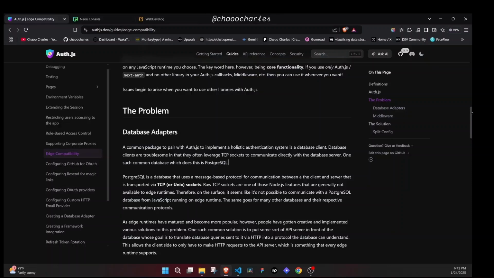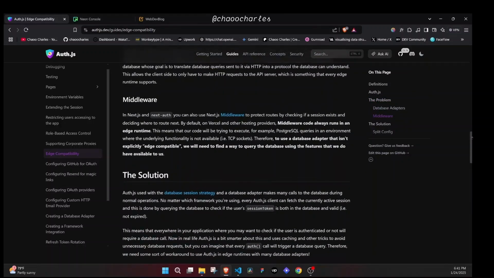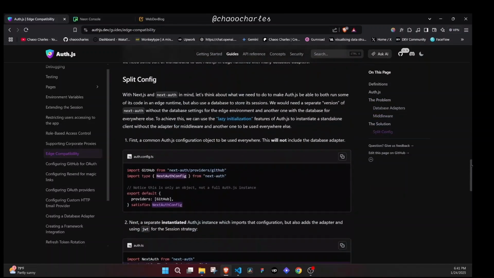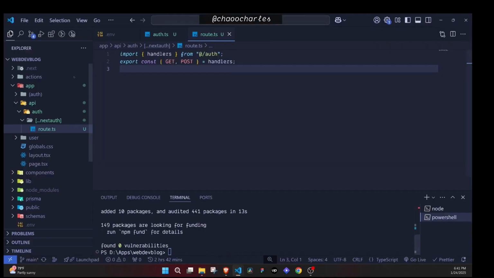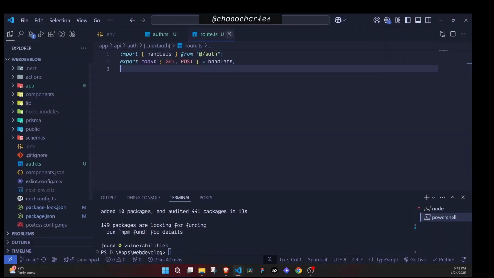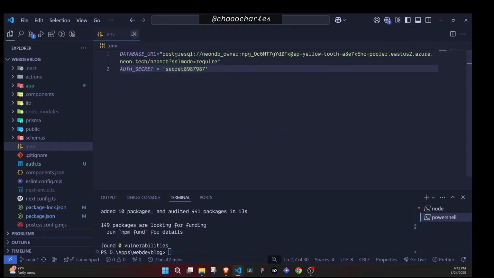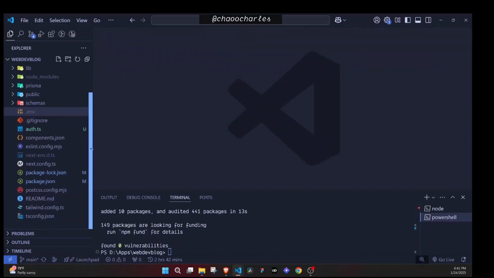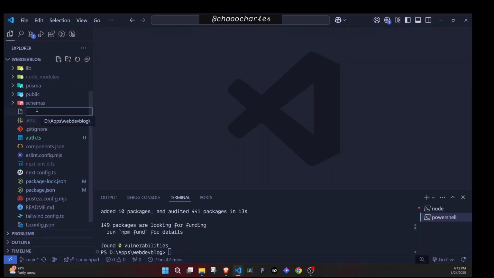So at the bottom here, there are some setups that we will need to do. The first step is to split our Auth.js file. We will create a file called auth.config.ts at the root of the application. So let's create this file. Now this setup that we are doing is for that edge compatibility, so that we are able to make use of Prisma in our application together with NextAuth to authenticate users. So at the root here, I'll create a new file and we'll name it